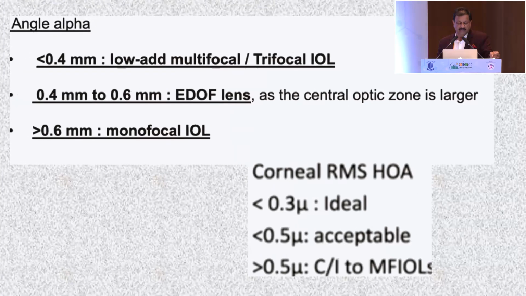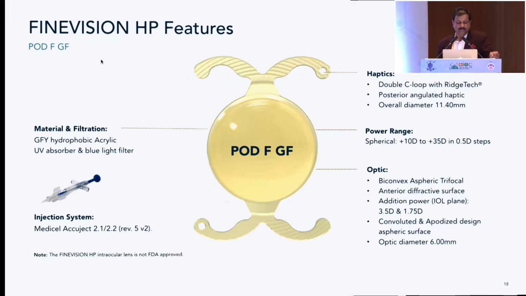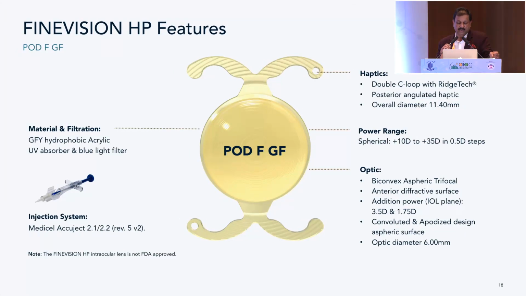And when we talk of aberration, we know that a corneal root mean square of less than 0.3 is ideal, but more than 0.5 is not acceptable in these lenses. Similarly with the angle alpha, less than 0.4 is acceptable, but anything more than 0.5 or 0.6, I think monofocal lenses stand. So a quick word on the recent Fine Vision lenses that we've been using, amazing trifocal